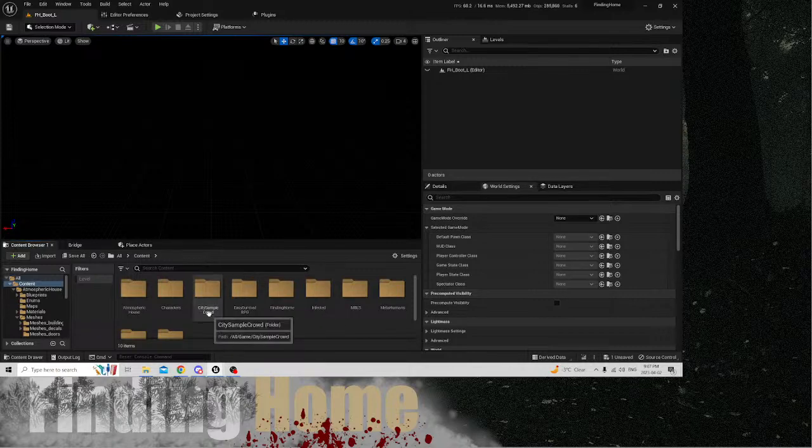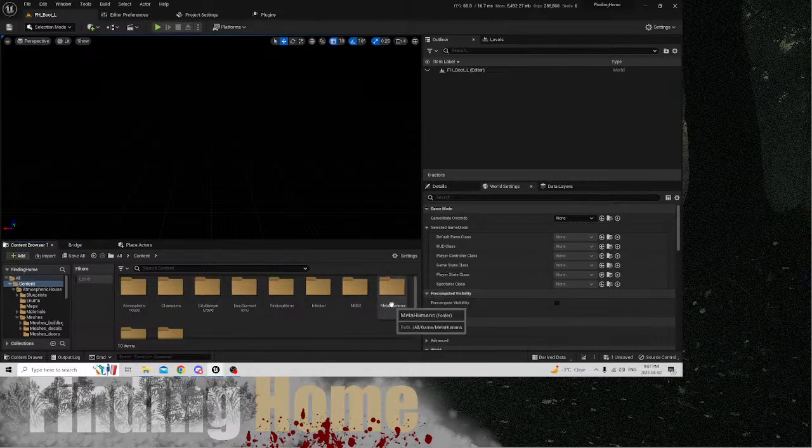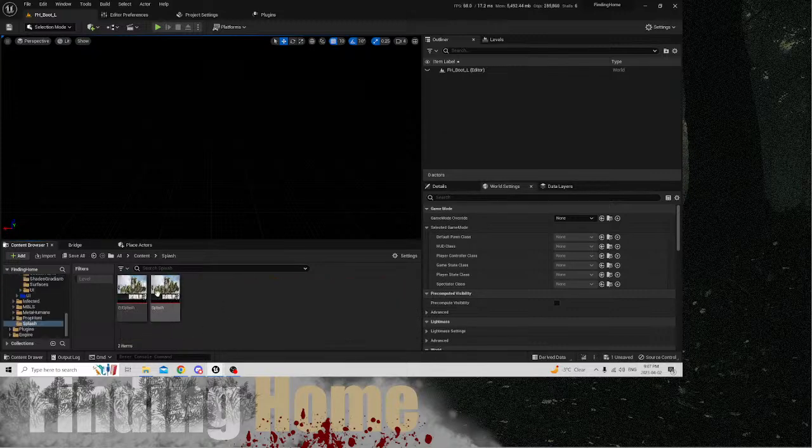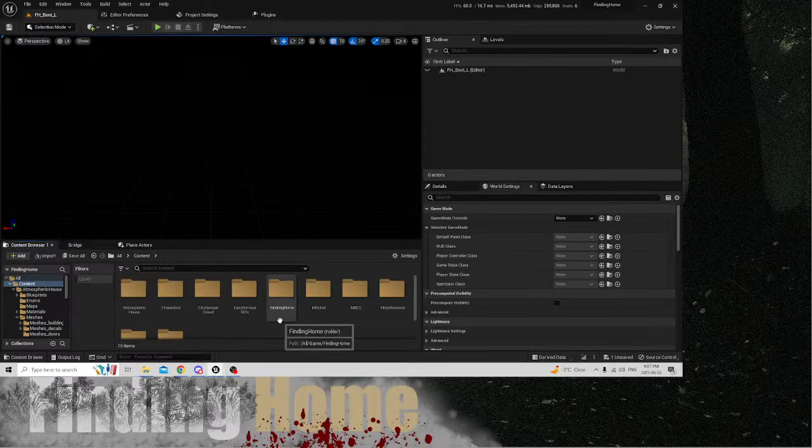And all I kind of want is just the big guys. So if I keep Easy Survival, the City Crowd, and Metahumans, you know what I mean? Those are the three big ones that I would probably keep. Splash screen I have to keep, because that's where our splash screen goes for when you boot up the project and stuff. Normally we'd hop back over to the Finding Home